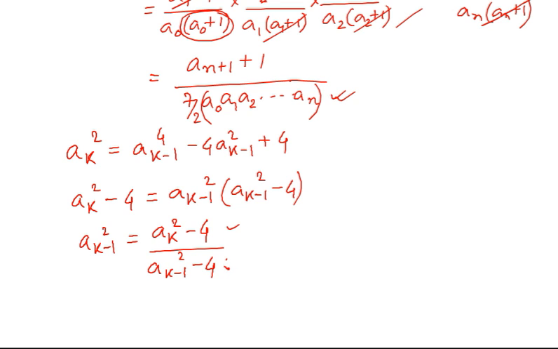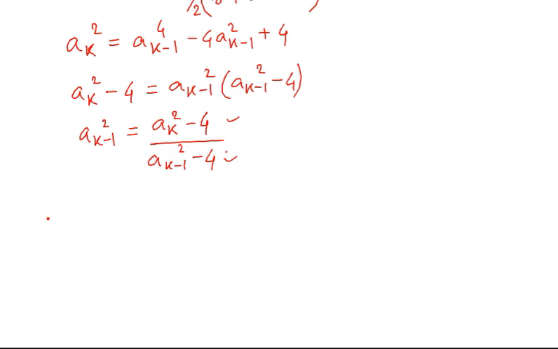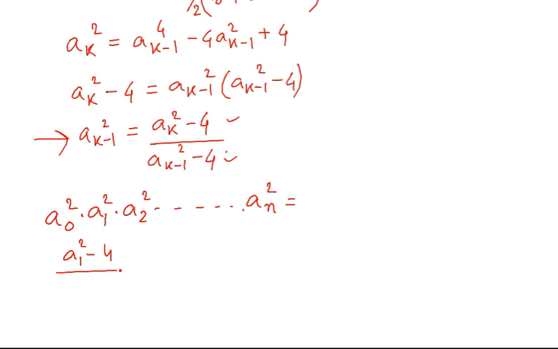So this is forming another telescopic ratio. If we continuously put k to be 1, 2, 3, 4 in this particular relation, we'll be getting a0 square into a1 square into a2 square, like this up to, suppose, an square. So that quantity is going to be like, first we put k equal to 1, so we get a1 square minus 4 divided by a0 square minus 4, then we put k equal to